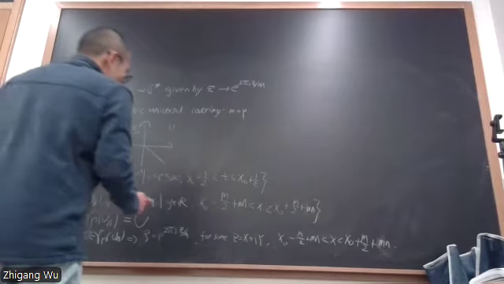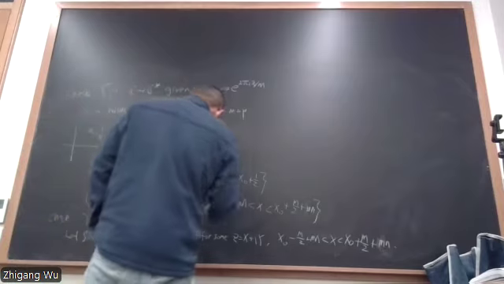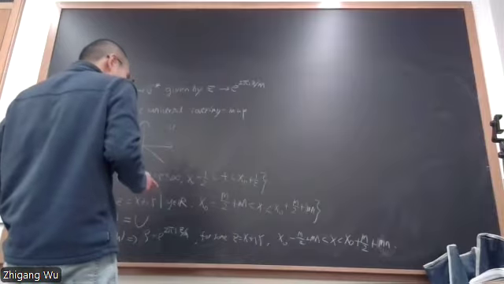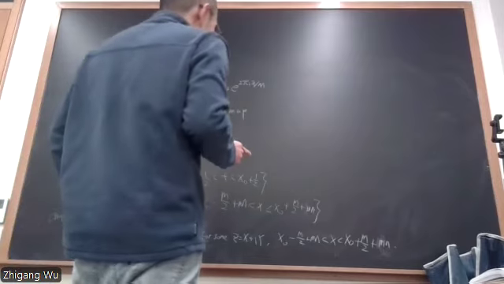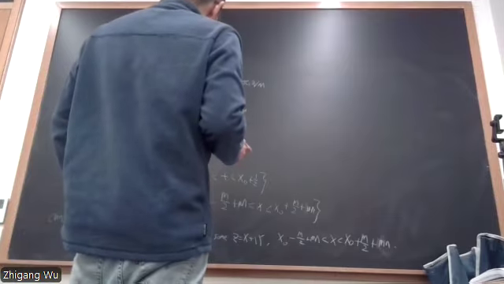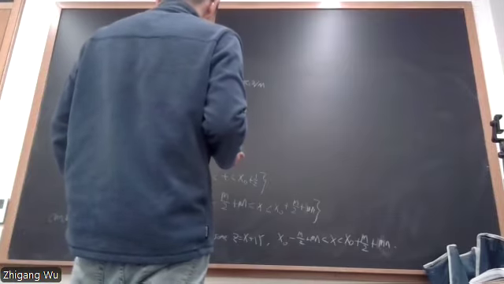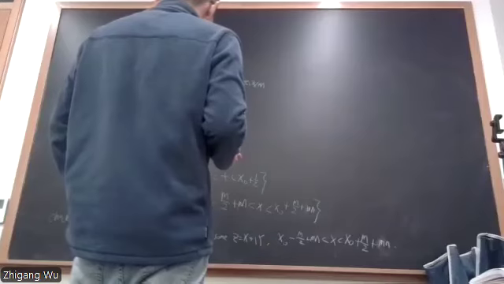So I think the key part is that when you take the exponential, when you divide the whole thing by n,